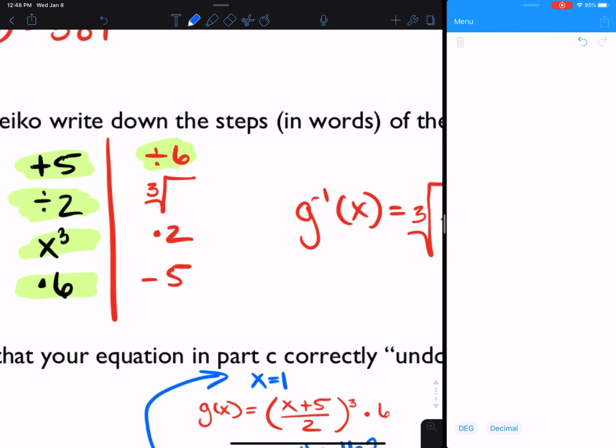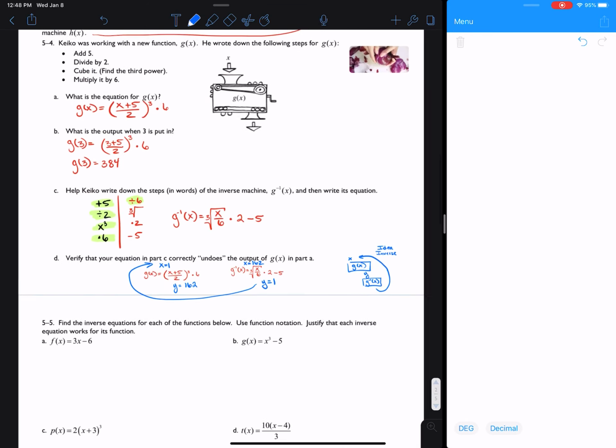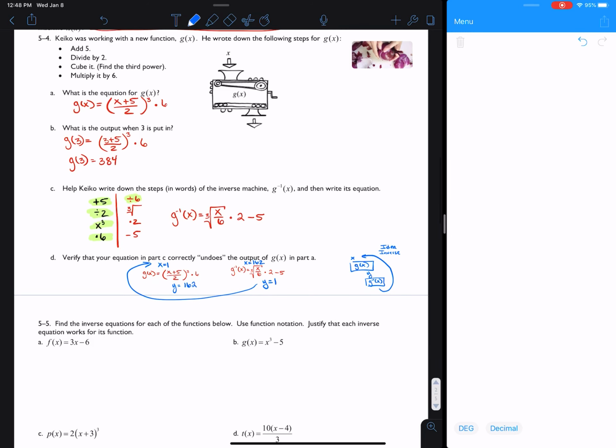Okay, so there you go. And problem 5, we're just going to go ahead and practice this